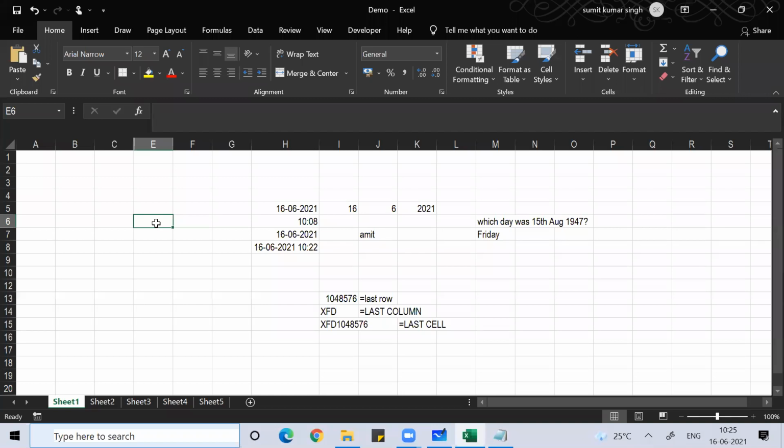Then how will you put data which is vertical into horizontal? If some data is written vertically, I want it horizontal. How can you do that?